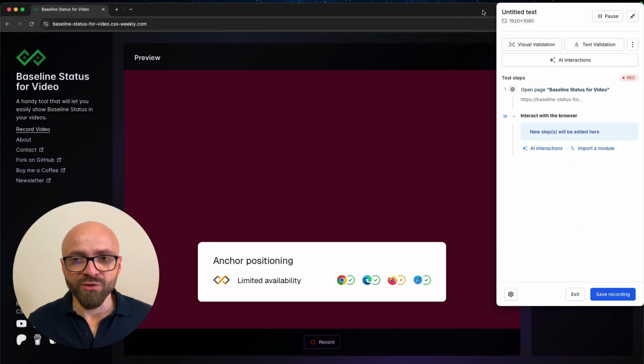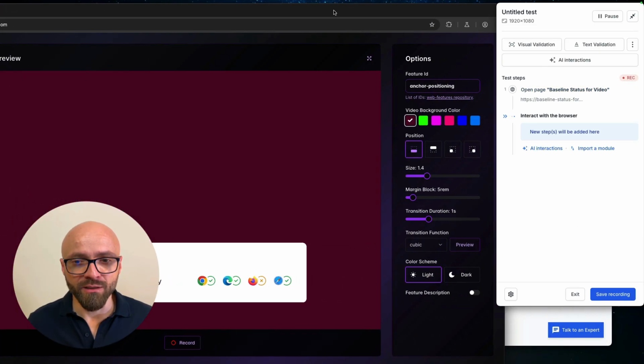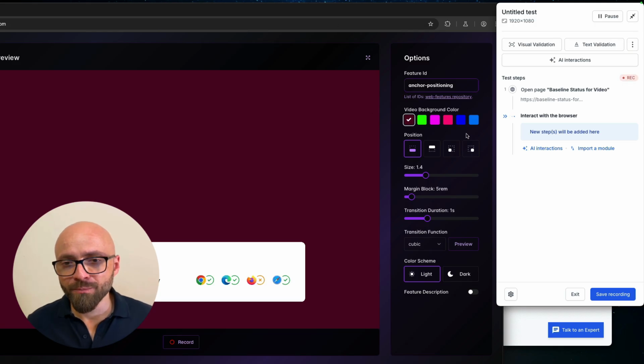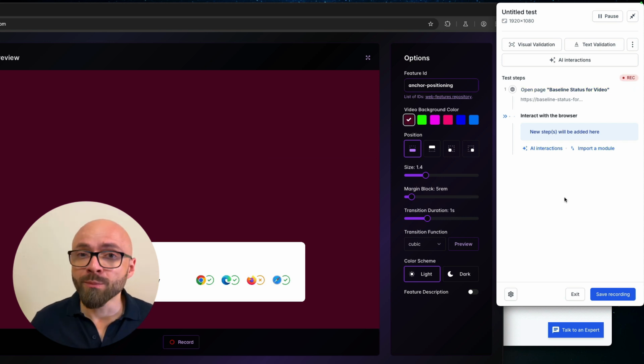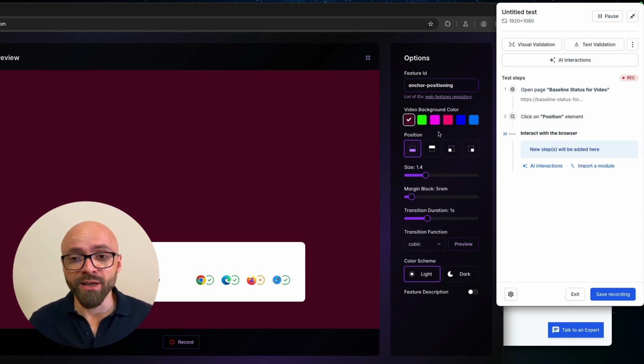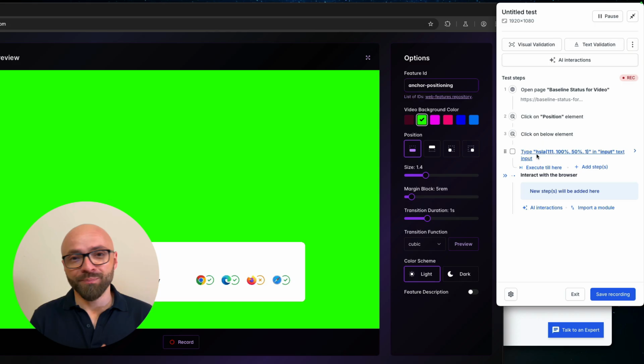I'm going to move the browser a little bit to the right so I can see my controls here. There you go. The steps that I want to execute for this test are clicking the second background, then verifying that the background is changed. Straightforward and simple. And this low-code automation tool is already recording, so if I click around, all of those actions